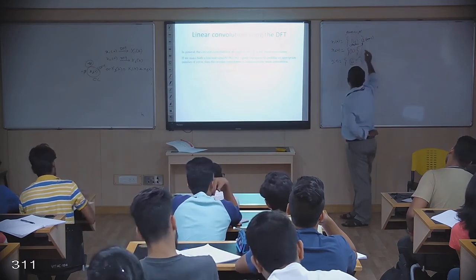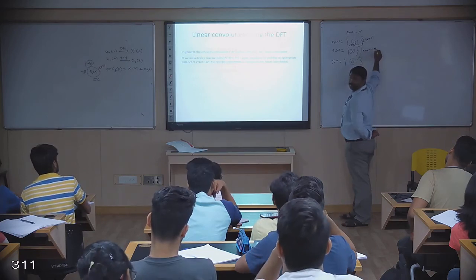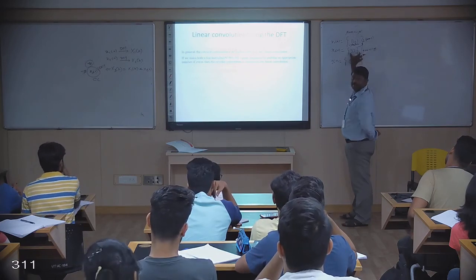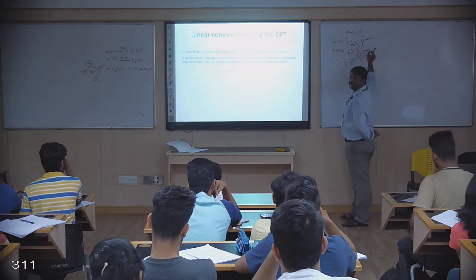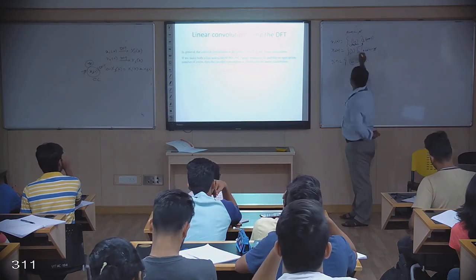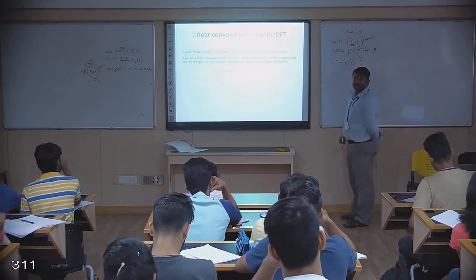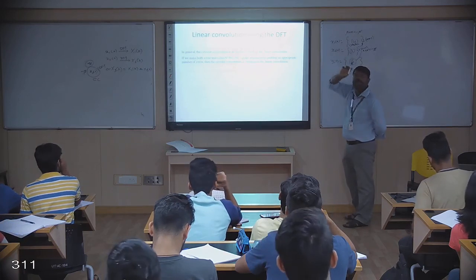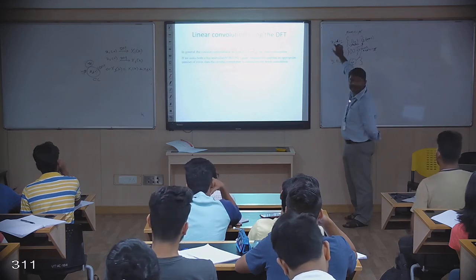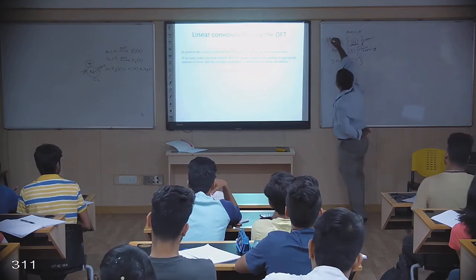Now coming to here, it is n plus m minus 1 minus m. What is this m? What is already available, that you have to minus. So m will get cancelled. N minus 1 zeros. So you have to put 3 zeros. So now what I am doing is I am making both the input sequences of same length. What is that length? 6 and 6. Now I do 6 point